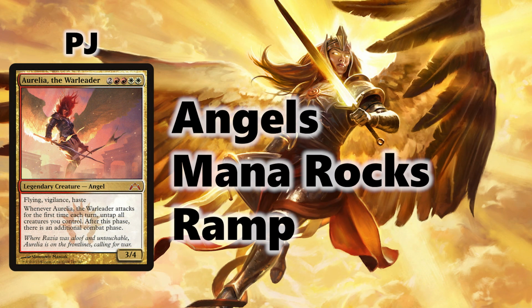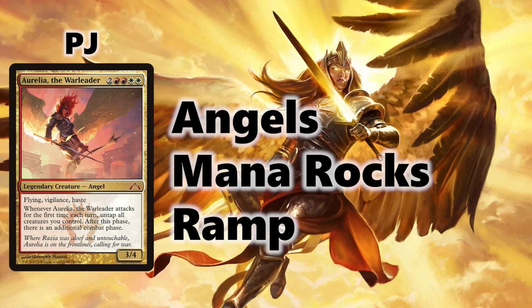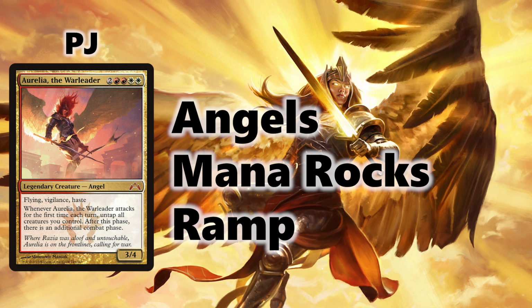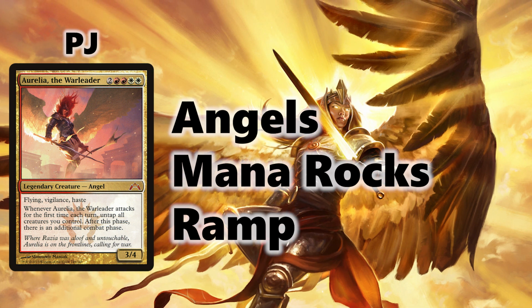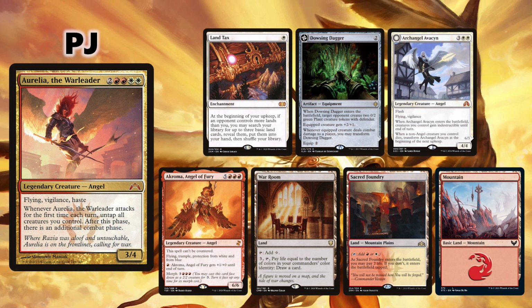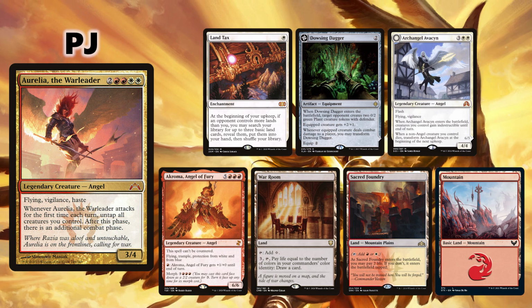PJ is playing his Aurelia, the War Leader Angel Tribal deck. Similarly to me, PJ wants to be ramping hard in order to cast those high mana cost creatures as soon as possible, and runs a metric ton of mana rocks to help him do just that. His opening hand contains Land Tax, Dowsing Dagger, Archangel Avacyn, Akroma, Angel of Fury, War Room, Sacred Foundry, and